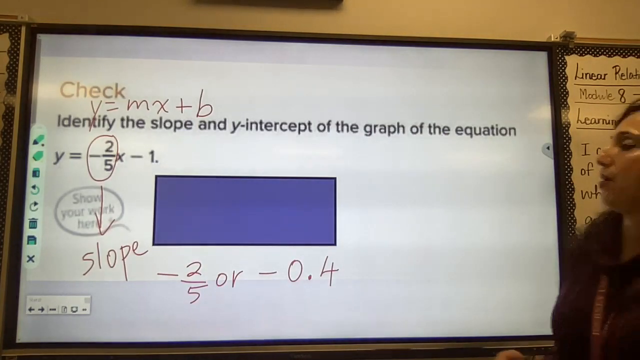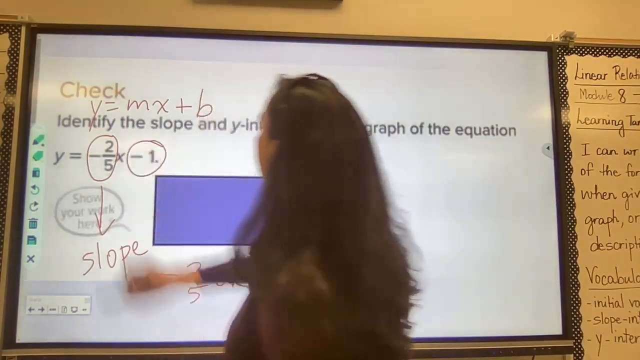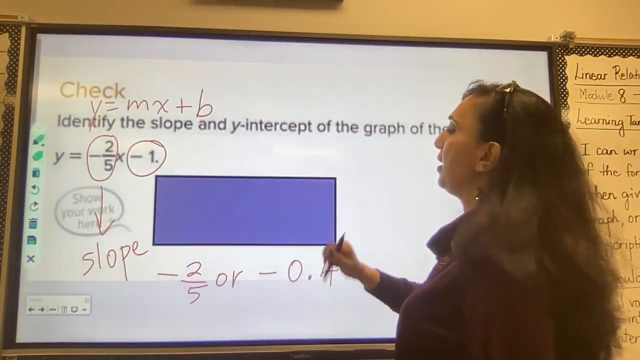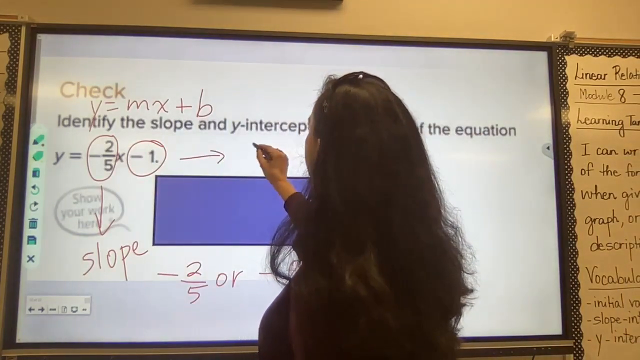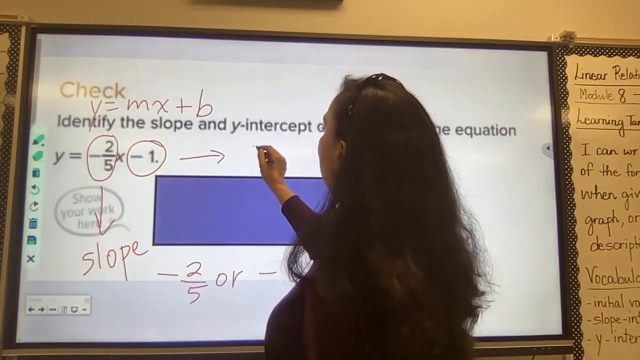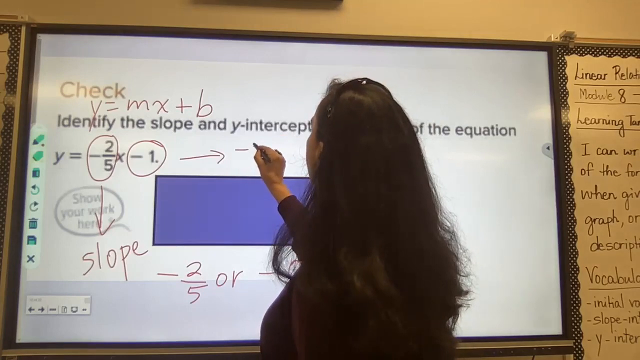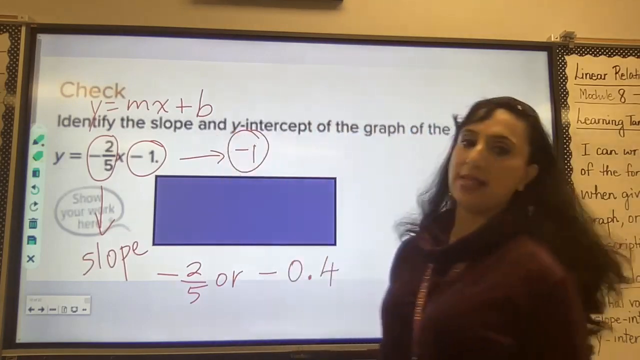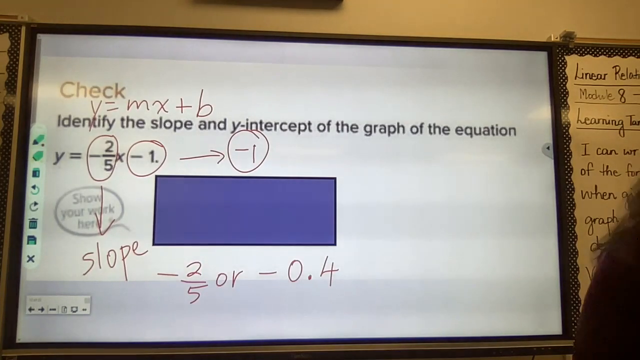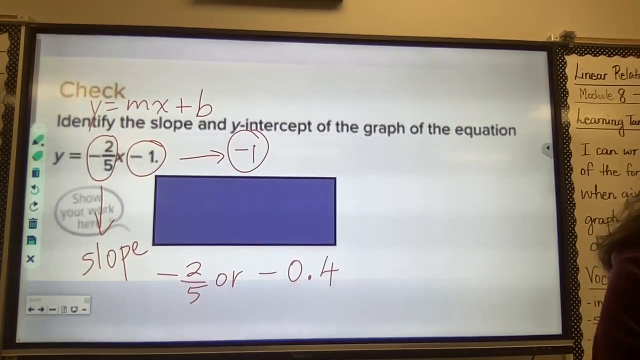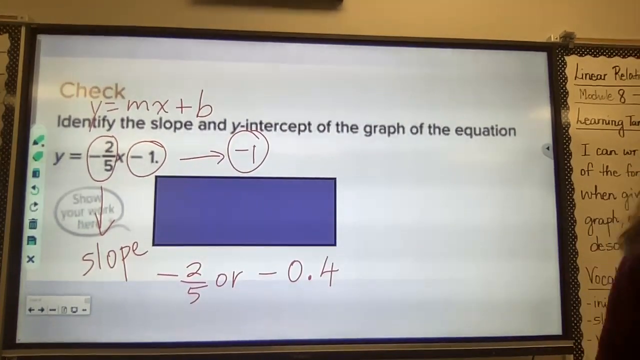And what is my y-intercept? Here, because it's plus b, so therefore my y-intercept is going to be, if I was writing it in that format, plus negative 1. So this is my y-intercept, which is b. All right, so slope is negative 2/5 or negative 4/10, and the y-intercept is negative 1. Now, we are